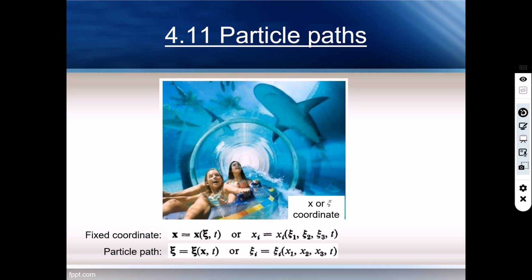So f is a function of time and the position x, y, z. And I don't know how many of you know this one. df dt is equal to